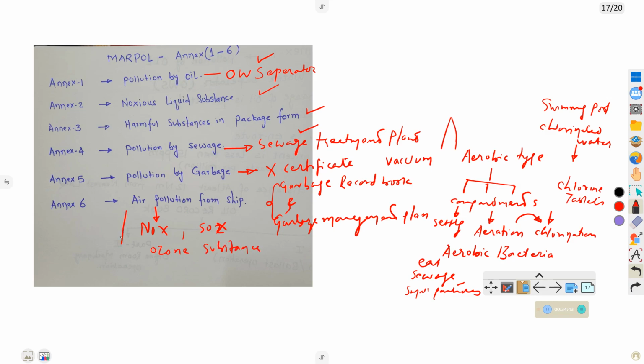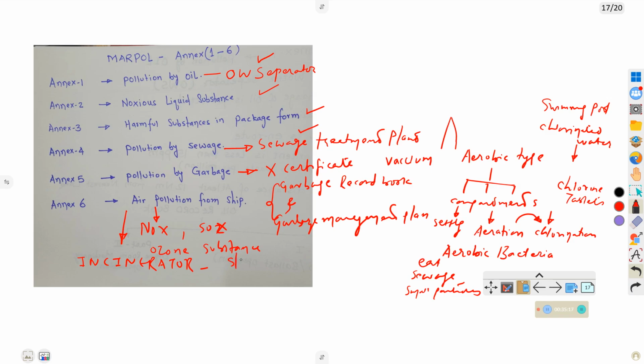तो इसमें क्या आता है तुम्हारा? It is having the incinerator. Incinerator comes under Annex 6. In the incinerator, whatever oil is generated because of the purifier, we are transferring and burning in the incinerator, and we are burning